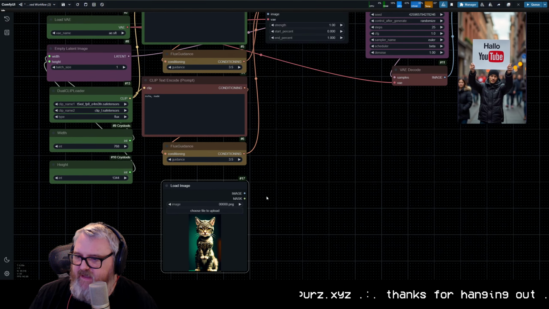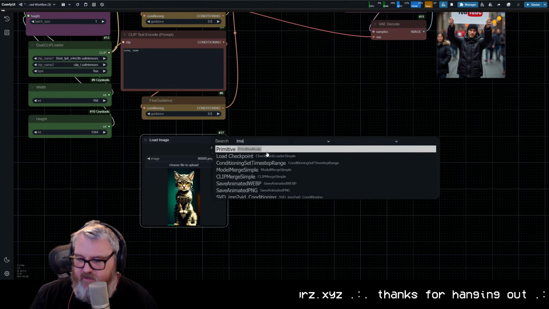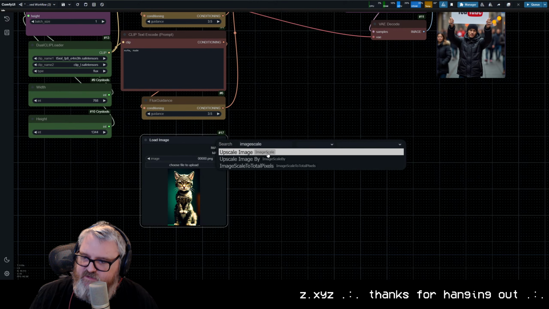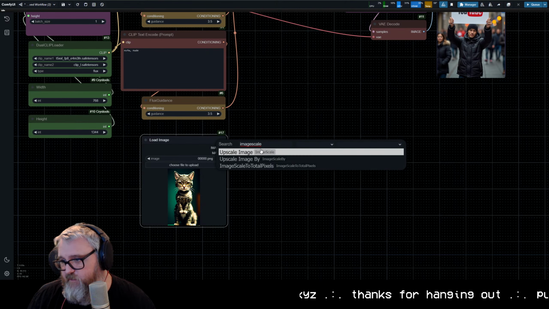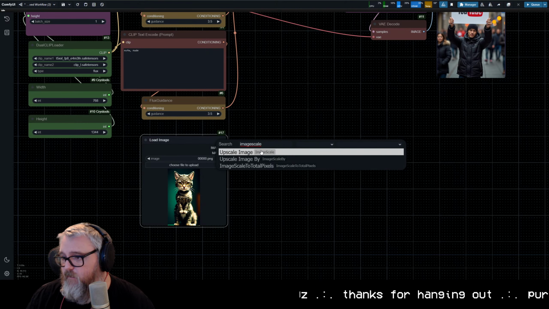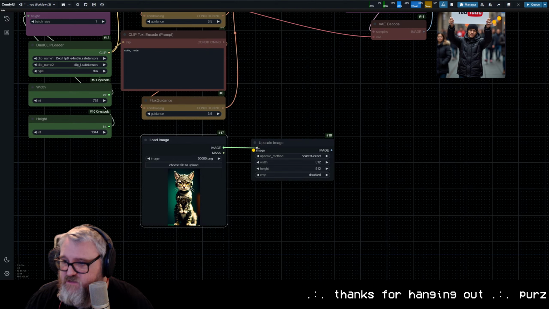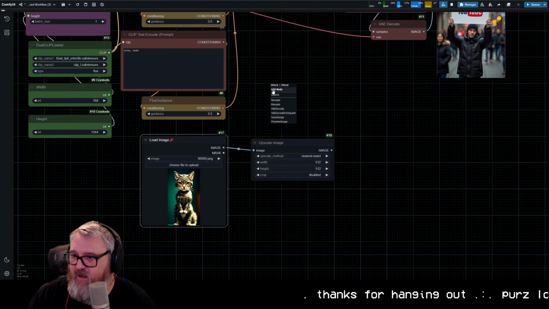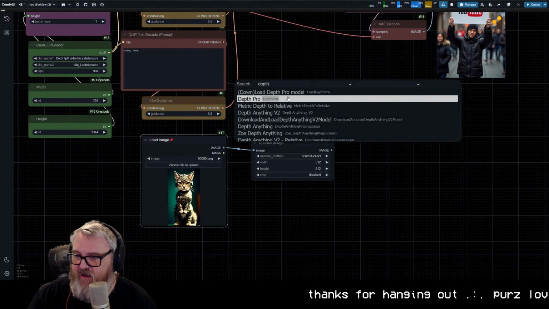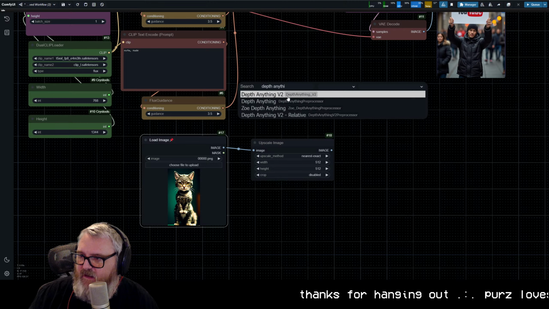What we want to do with the cat image is add an image upscale, or an image scale rather, which is upscale image. Image scale, all one word, or upscale image, two words, because all Comfy nodes have two names. Okay, so image goes into image. Image through is going to go into our depth anything version 2 relative,